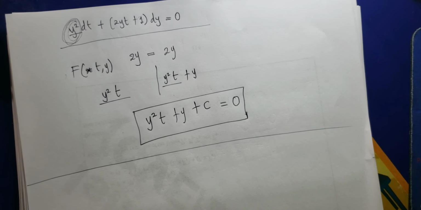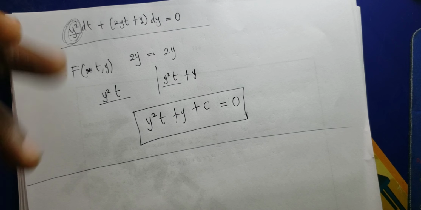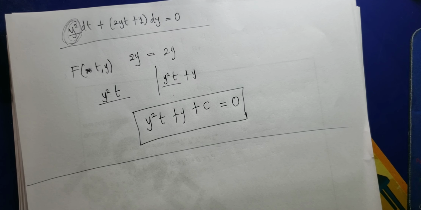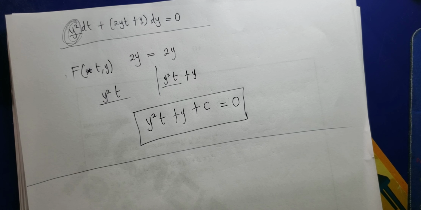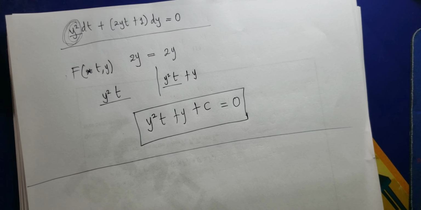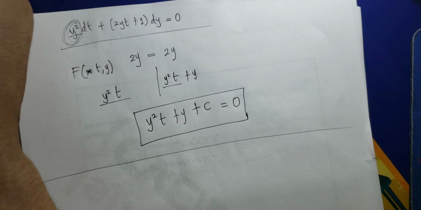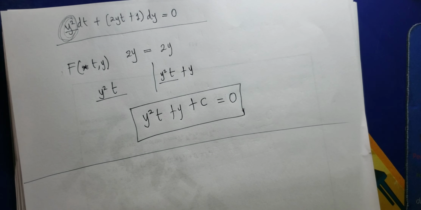So there are times that you do this, you check your del M of x comma y over del y, del N of x comma y over del x, and you see that they are not equal. That means that it is not an exact differential equation. So if it is not exact, there could possibly be a way for you to actually make it become an exact differential equation. So we're going to consider that situation now. So what you should know about such situations is that it depends on the form